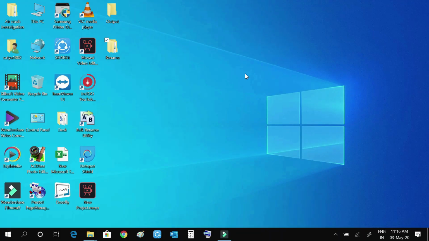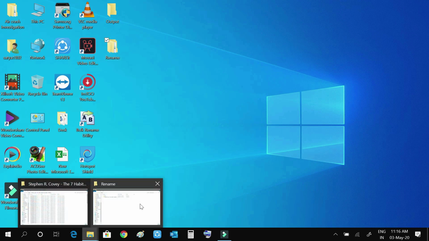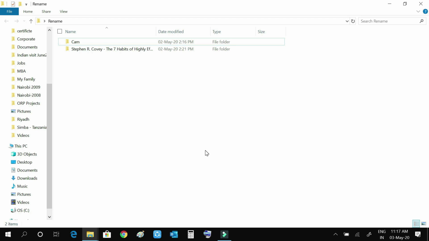Before you make changes or rename any files, please create a folder named anything, just like I created output, and all files I have taken in this folder called rename.